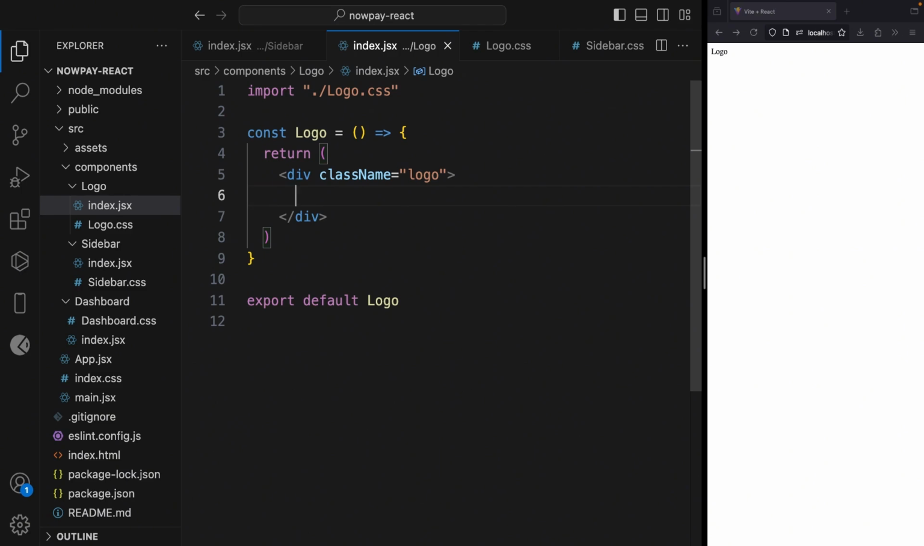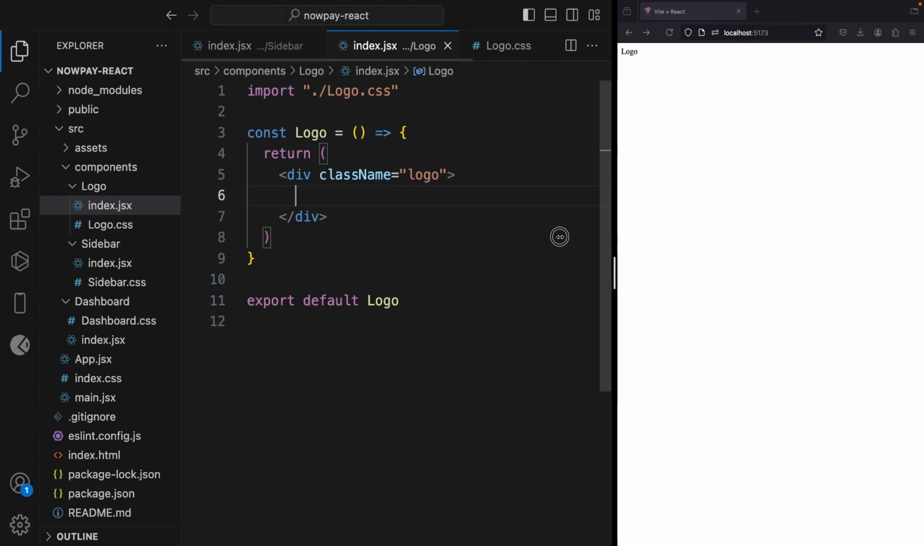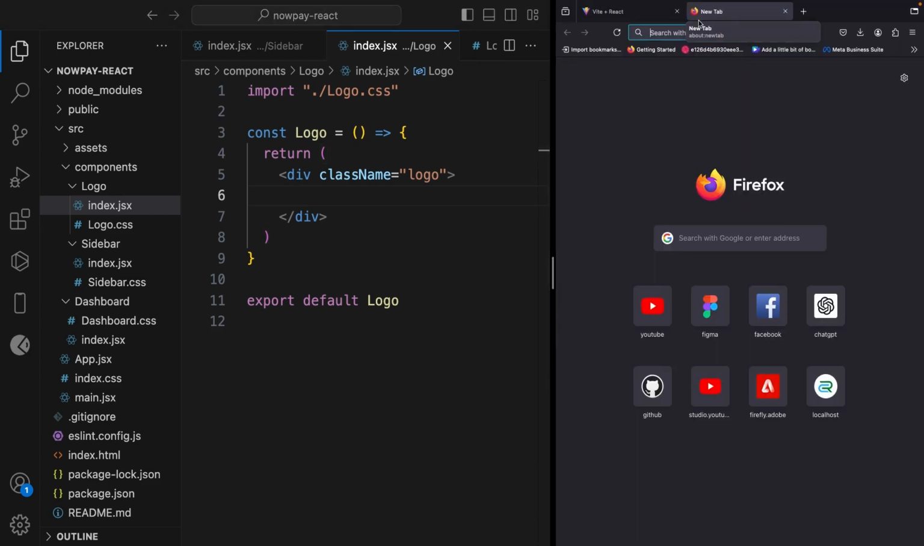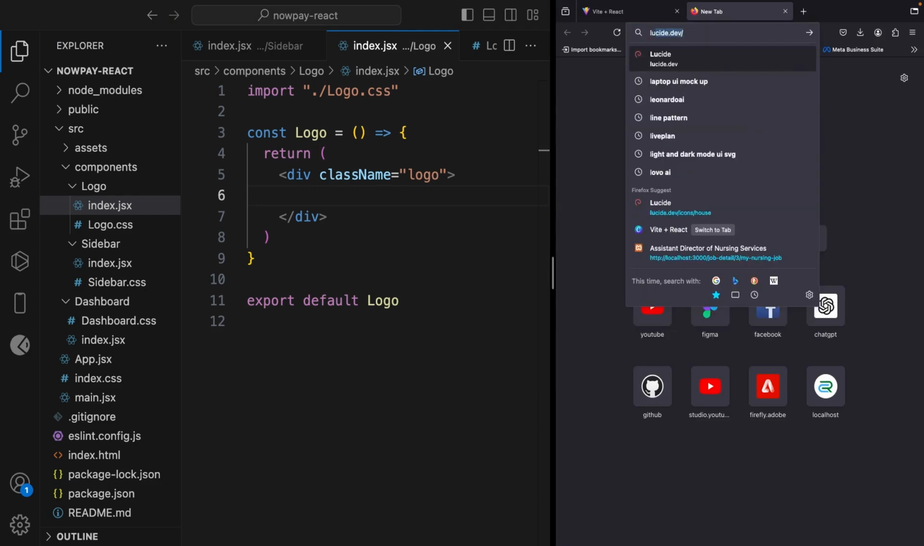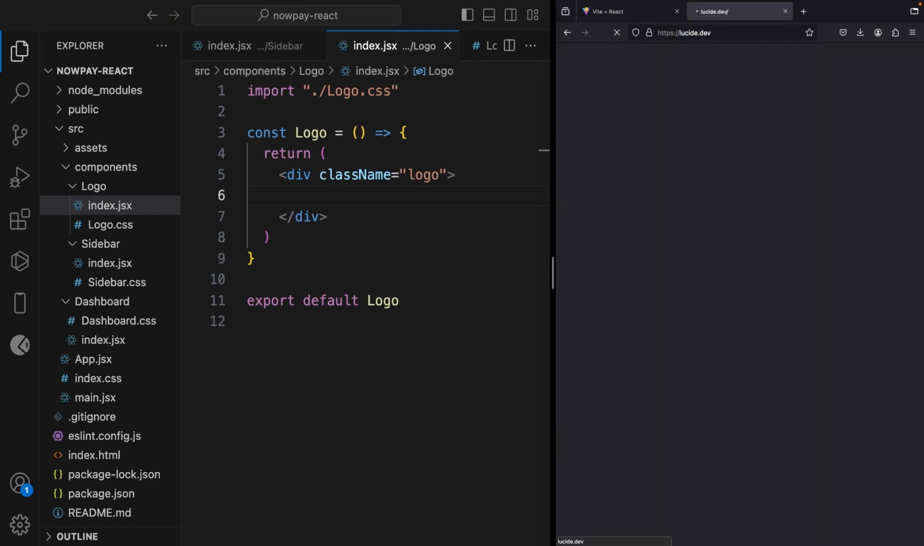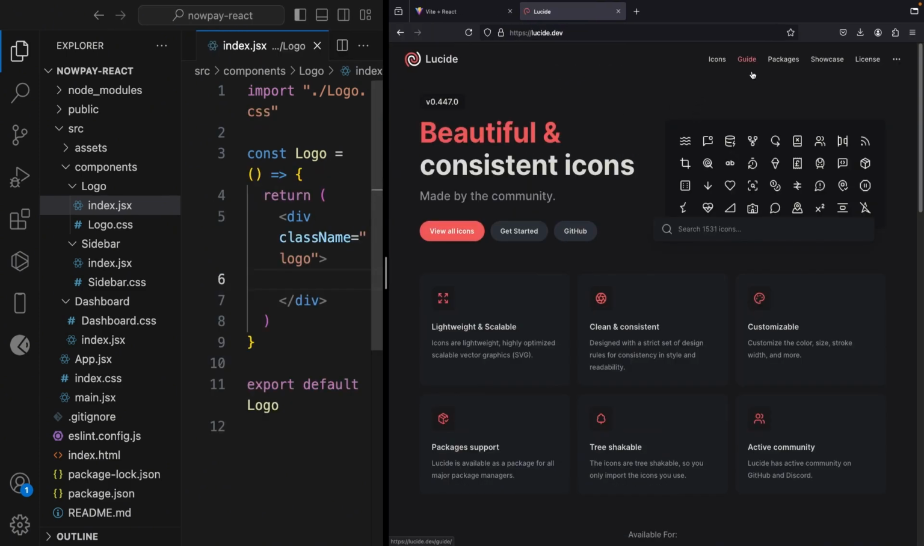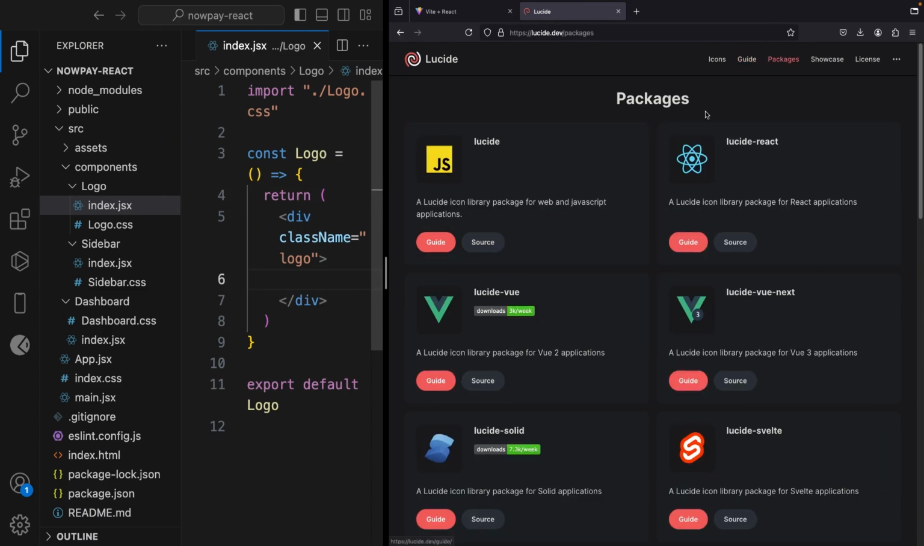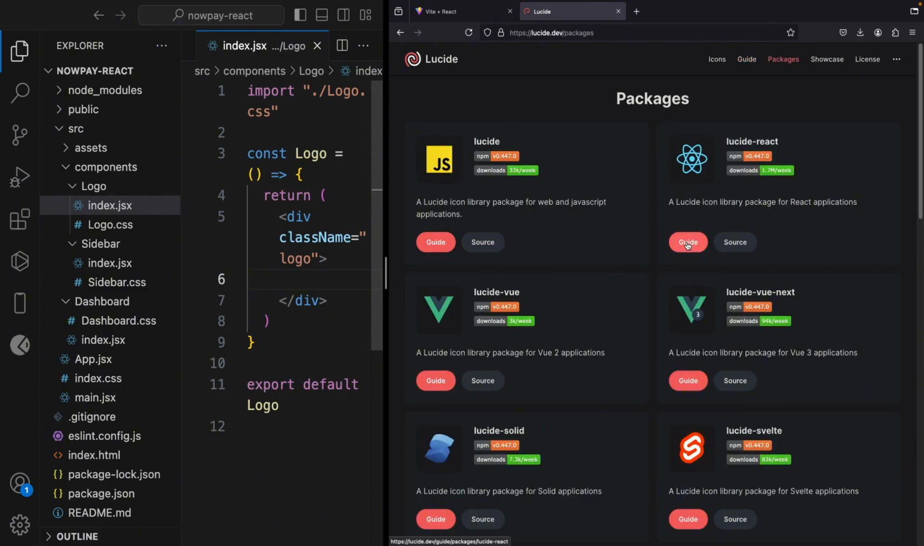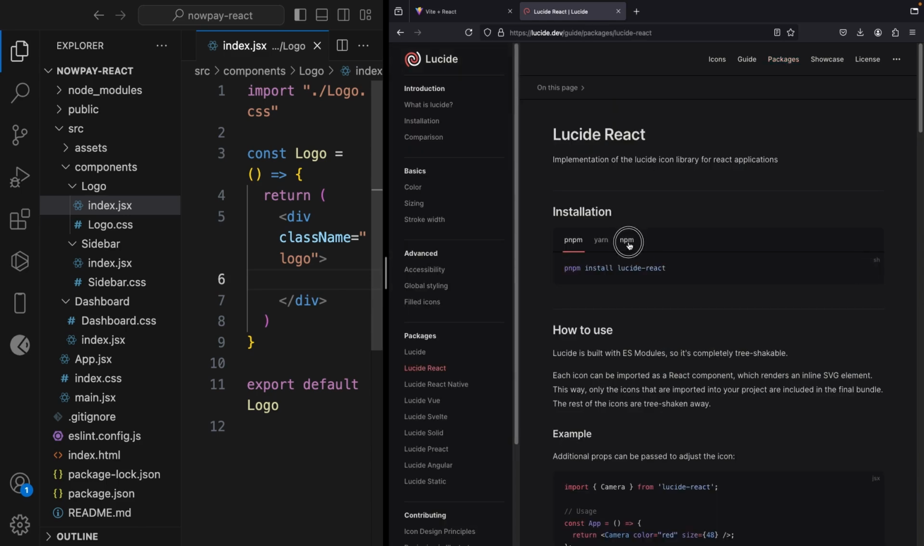Okay, and we're going to be using an icon as the logo. To be able to use an icon as a logo, we need to include an icon library called Lucide icon. So let's go to the browser. We'll search for Lucide. All right, so here is Lucide, and let's come to the package, and we want to make use of it here in the React app. So let's switch this to npm, and let's copy this installation command,